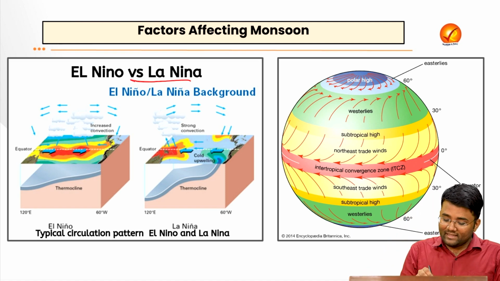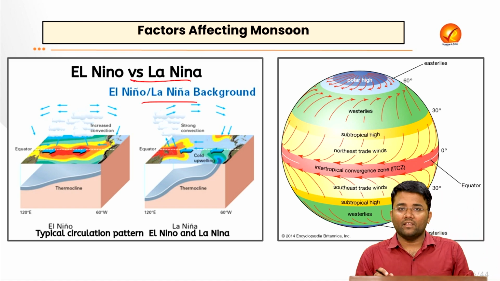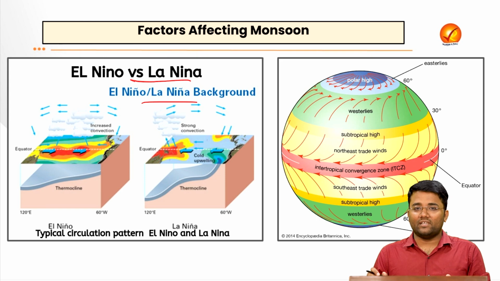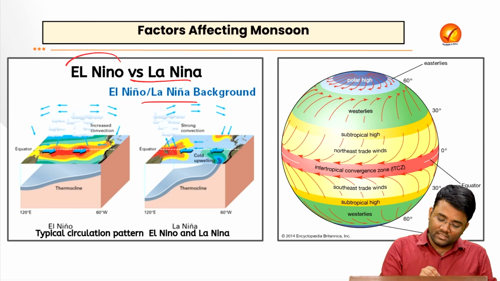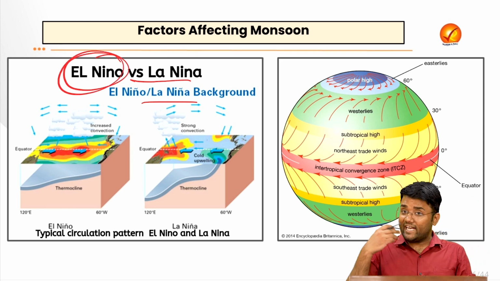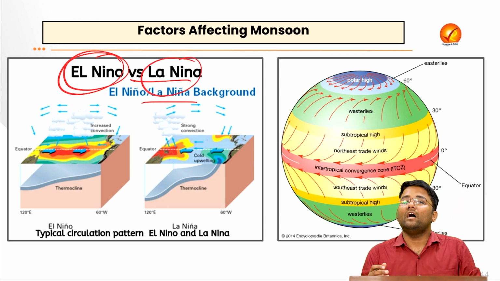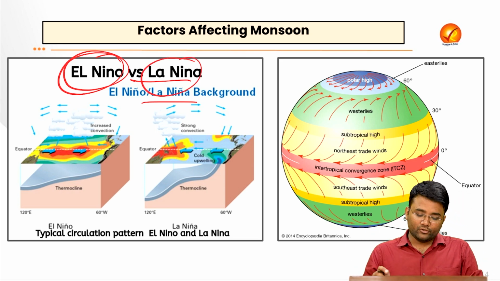Also, El Nino and La Nina, which we have seen, that is the oceanic temperature difference between the Eastern Pacific Ocean and the Western Pacific Ocean, are also an important component. When there is an El Nino pattern, it will negatively impact the Indian monsoon, whereas La Nina will enhance the monsoonal rainfall in India. So these are also factors impacting the monsoon.